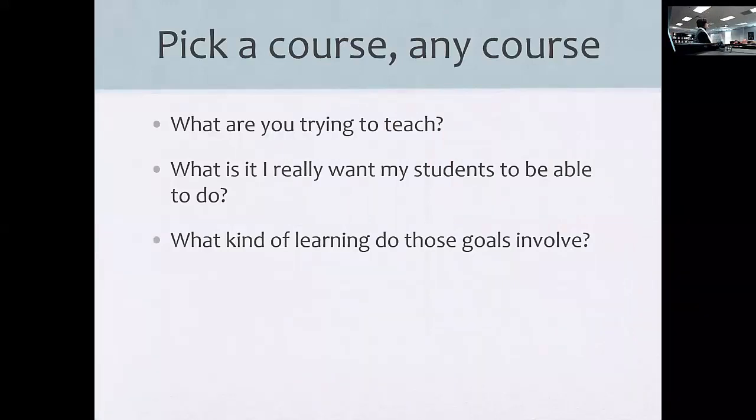So pick a course, any course, all righty? Think of courses as we're going through these 7 different ways. Think of your courses that you teach or that you're going to teach. Think of the student learning outcomes that you have for those courses, and then engage in a conversation with me about the ways that we could possibly use these strategies in those classrooms.